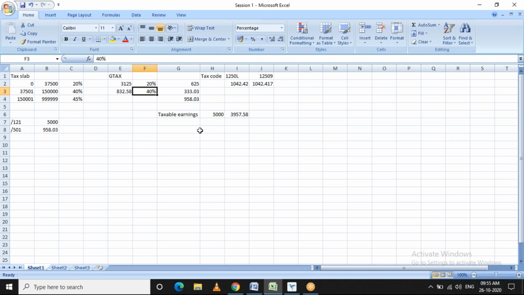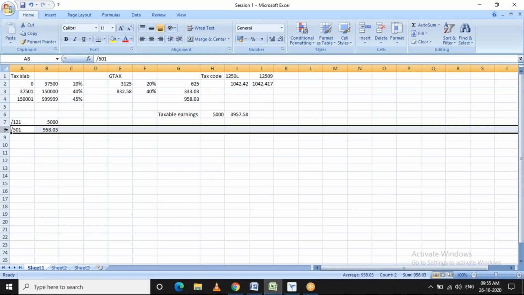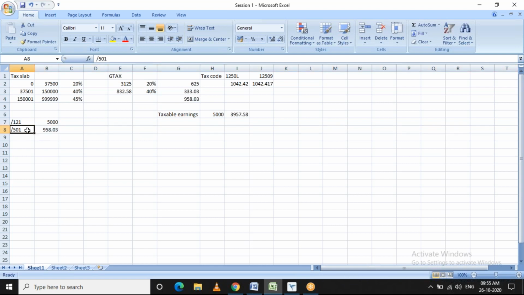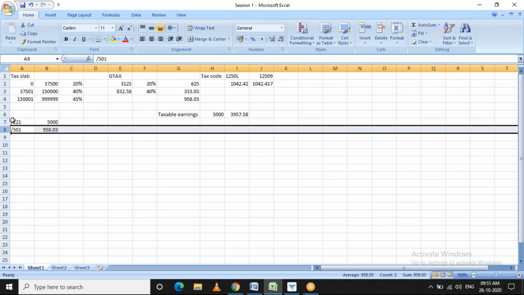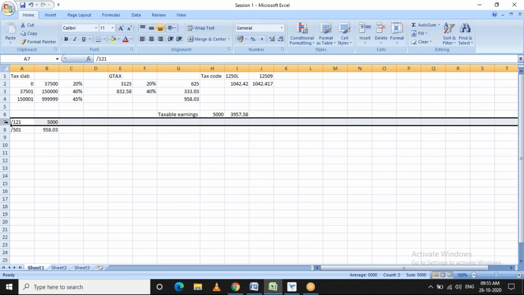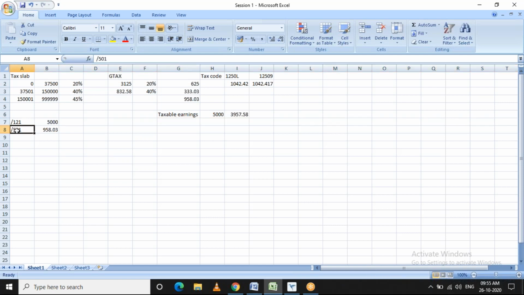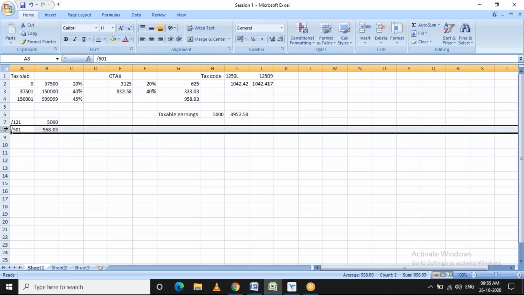Yeah, clear, sir. So once the percentage is applied, whatever amount is calculated on these different slabs will be added, and then it will be updated in the wage type /501. This is the payroll period contribution generated for the amount stored in the wage type /121, and this will be deducted from the employee's earnings.